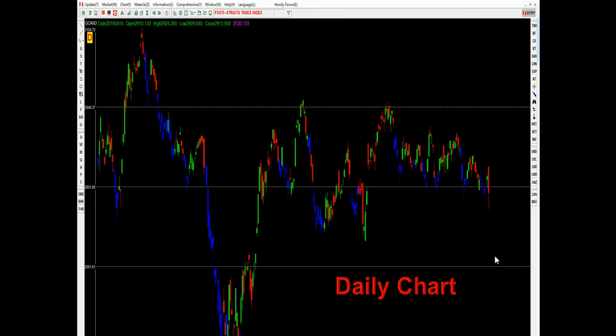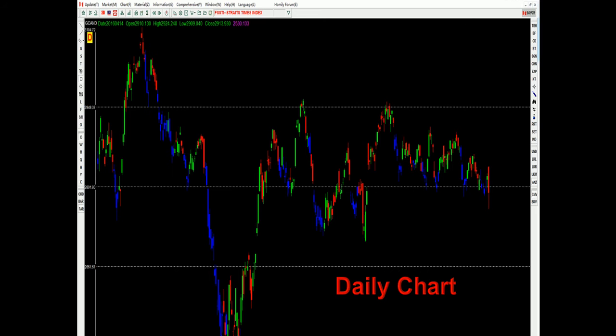Okay, so let's see the daily chart. This is the daily chart. I also use the buy low sell high signal to judge. If you see the buy low sell high signal appear, then the blue candlestick appears, you can prepare for buying. But you should set a stop loss point. If you see the price fall below the low price of the last blue candlestick, you should stop loss.